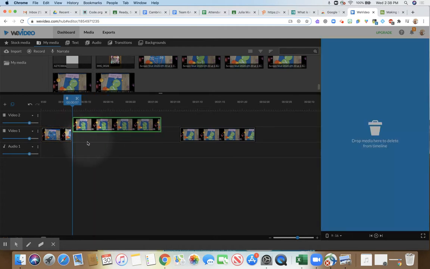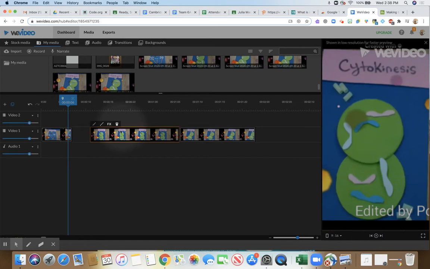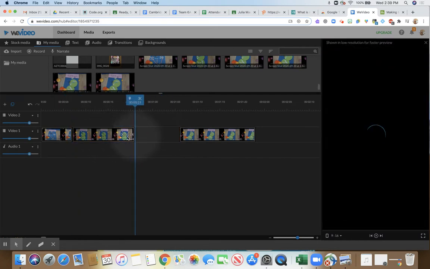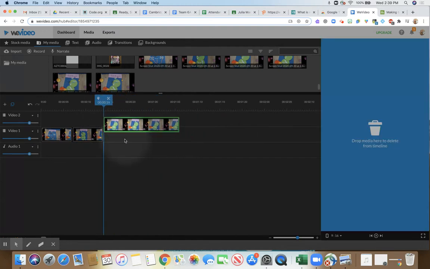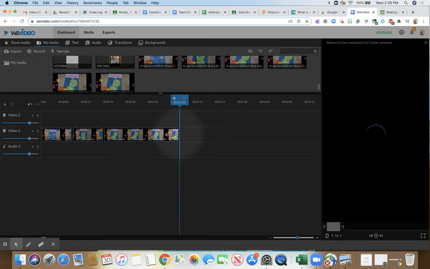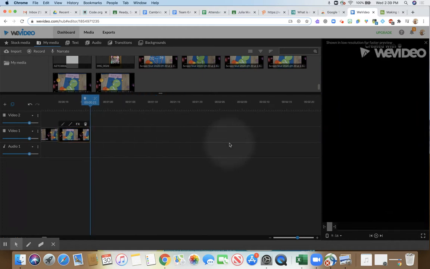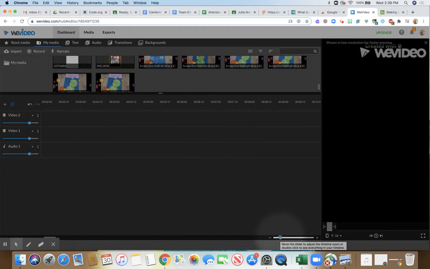I'm going to repeat doing that for all of my different images. If I click and drag in the middle, I'll be able to move it. And then again, click and drag the right-hand side to be able to shorten the amount of time that it plays. You'll notice that you have to manipulate the zoom in and zoom out feature quite a bit,